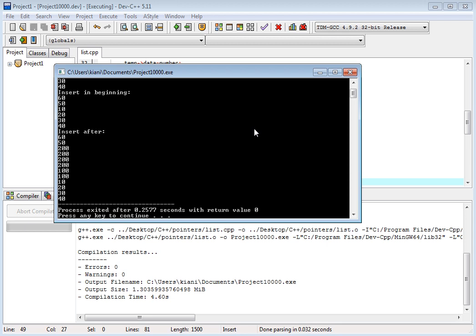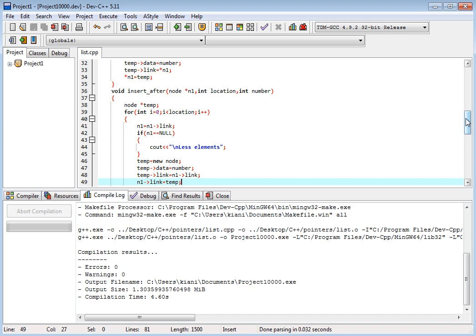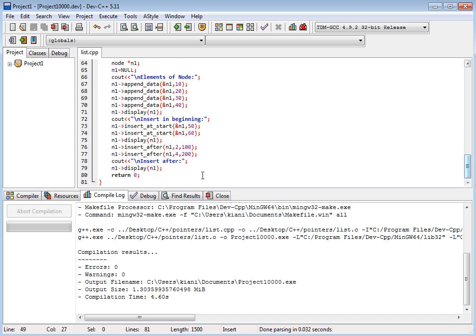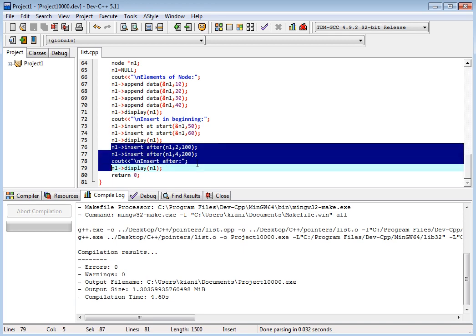So we should have a delete function, but it has been inserted after, for example, we have insert after. Now we want to see again the real functionality, because it has been inserted 2 times, and we should display it.